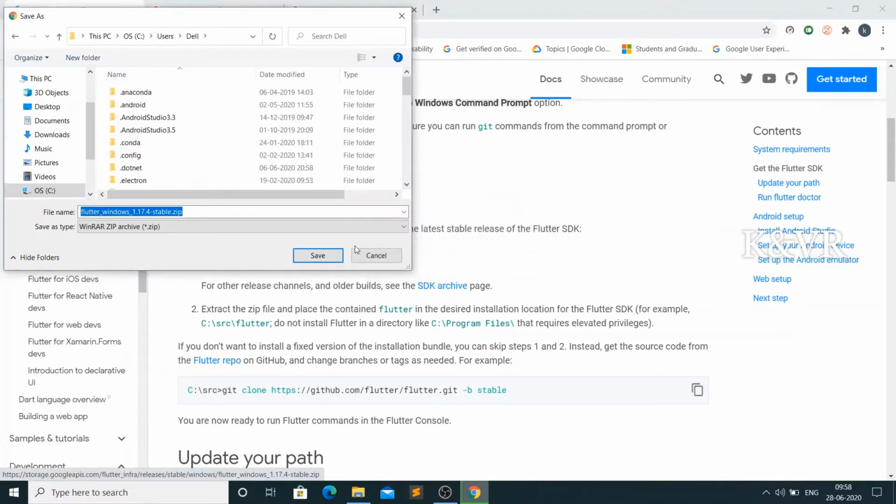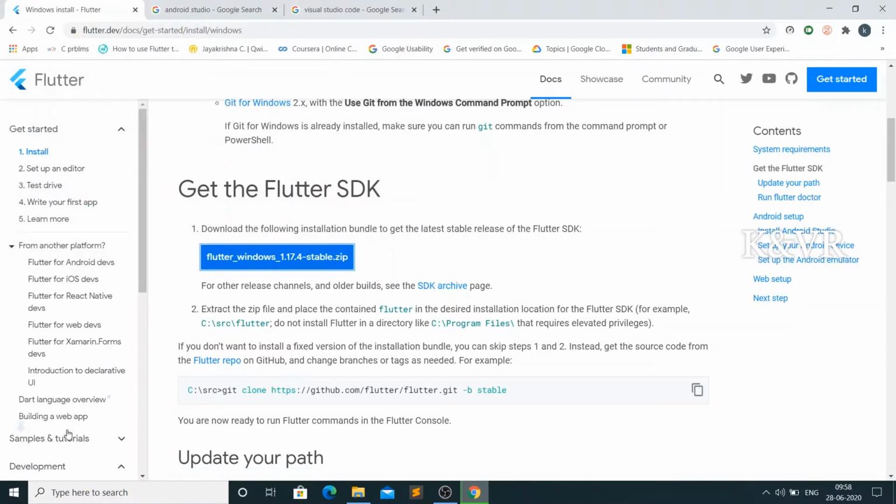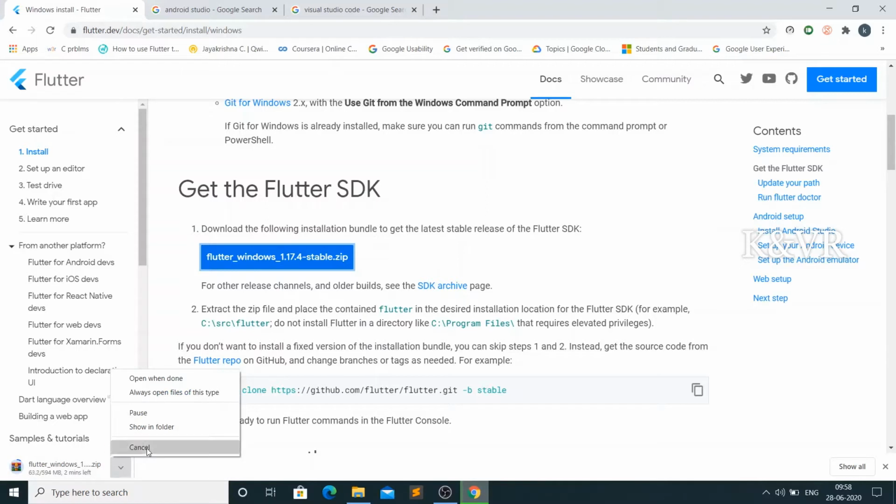You can put it on the C drive or save it in any folder like that. It is downloading. I have already downloaded it. I have no more data, so I am cancelling this. You can download the full file later. After that you can see the next step.